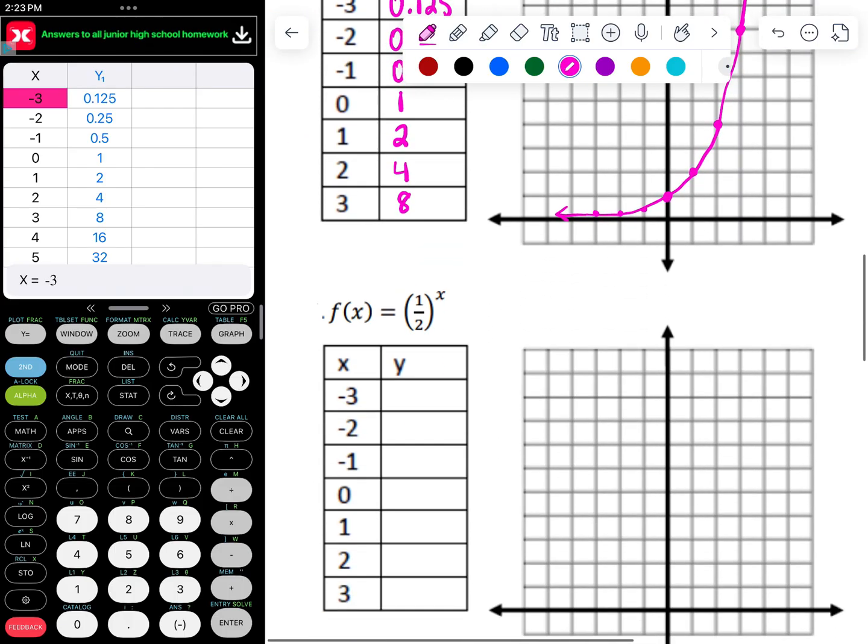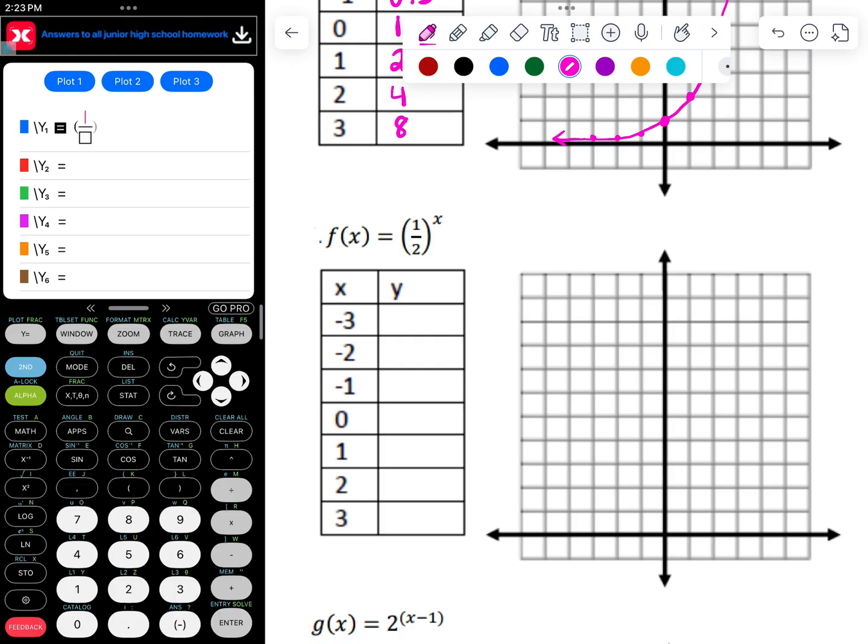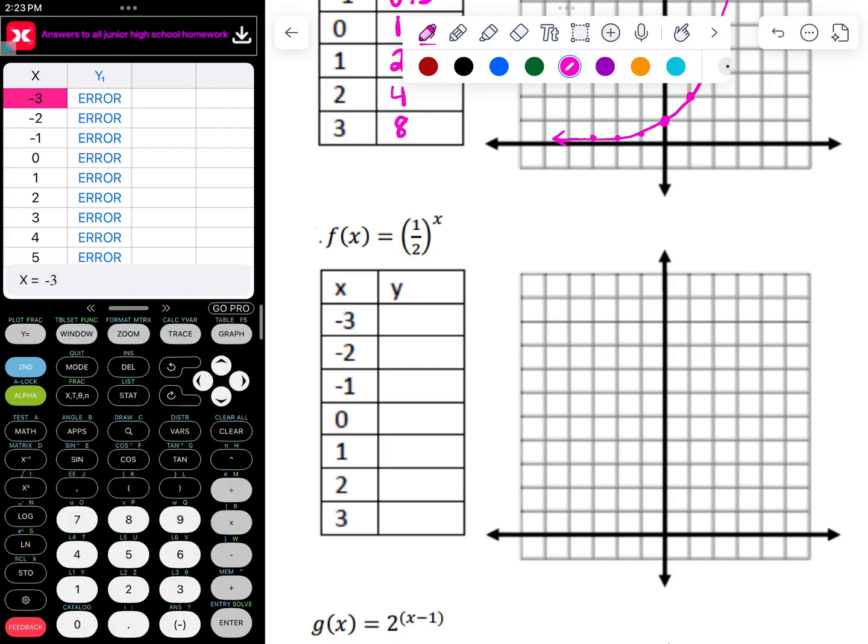So we're going to look at our next example. I'm going to go back into the y equals, clear out what's in there, and I am going to type it in exactly the way that I see it. And I have my 1/2 that's being raised to the x power. There we go. Okay, double check, make sure it looks exactly the same. And now I'm going to go to my table, get my values,